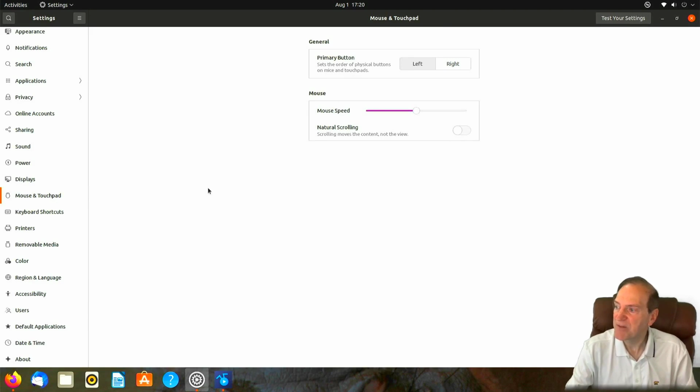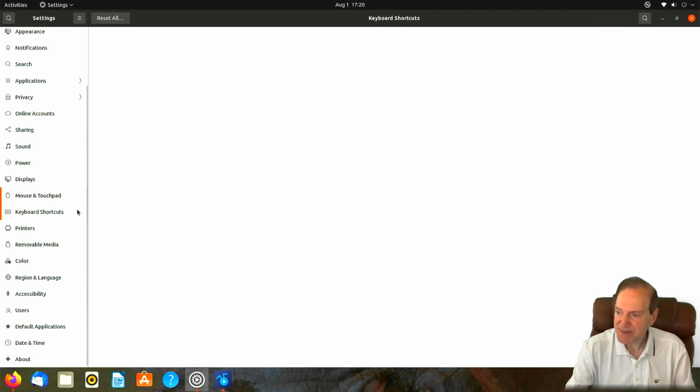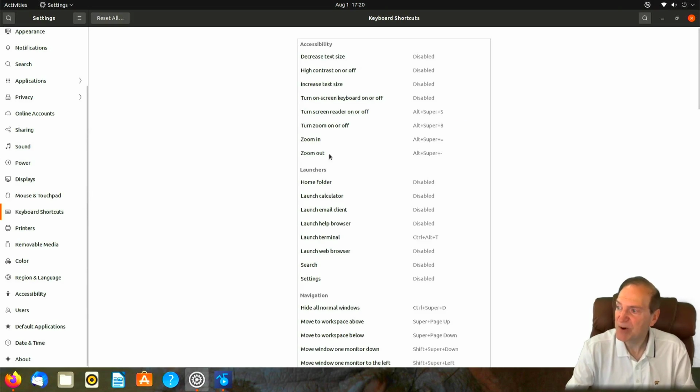And then we're set up for our mouse and natural scrolling. That's something I did on another one I reviewed. I forgot what I was reviewing. It had the natural scrolling setting on there, and I thought that was pretty nice. It feels really good, so I'm turning that back on again. I like that. And then here's where we can set up our keyboard shortcuts. So if you want to be able to use your keyboard just to instantly get to the terminal or to your menu,